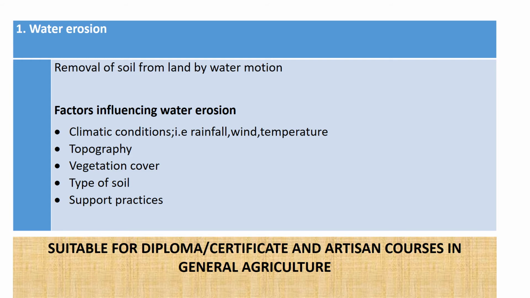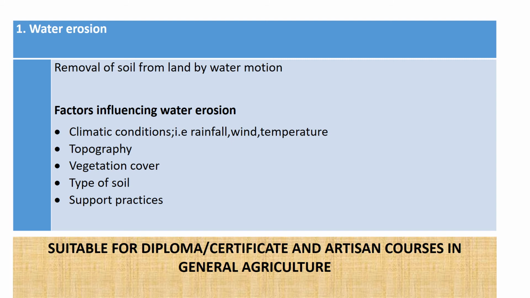So basically, water erosion is the removal of soil from land by water motion. So soil is being carried away from the land and water is involved directly in the removal of soil from the particular land. So soils are carried away by water, hence the name water erosion. And for this particular type of erosion to occur, we have different factors that influence